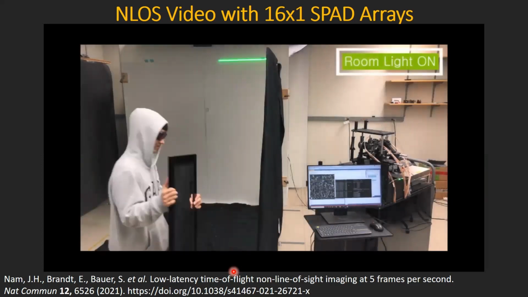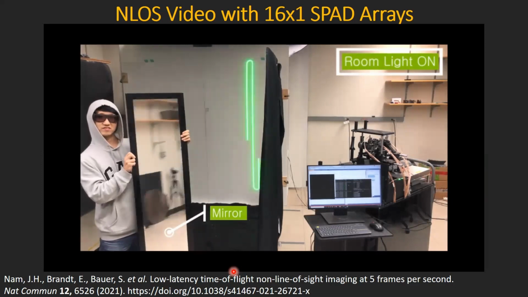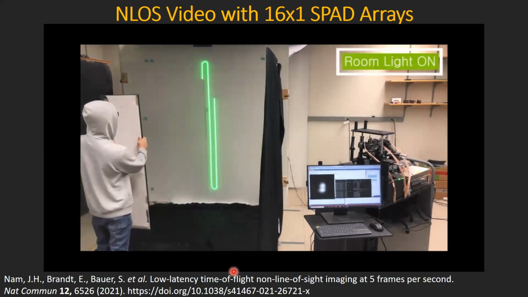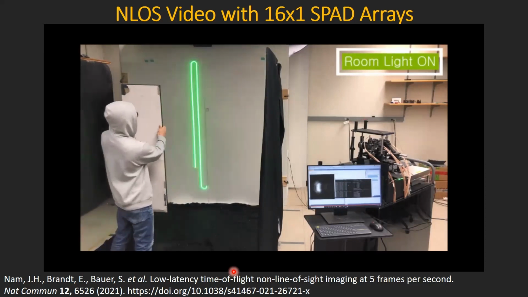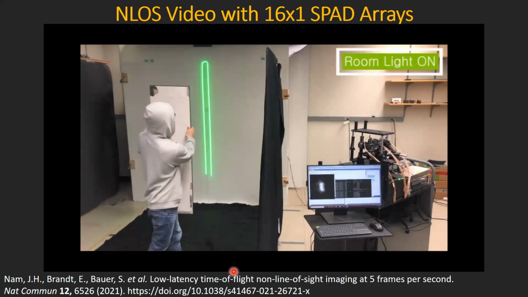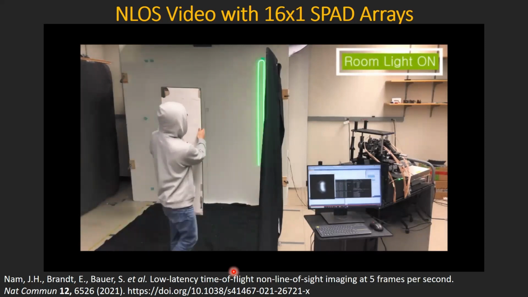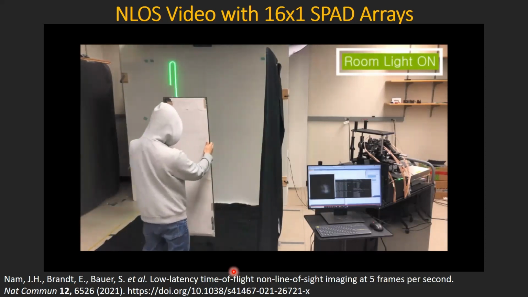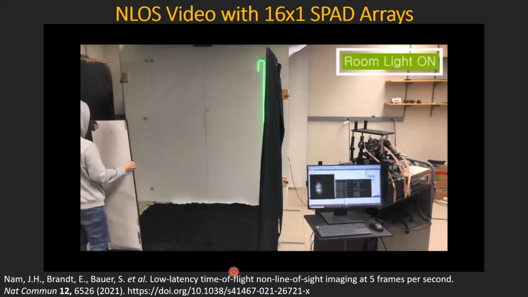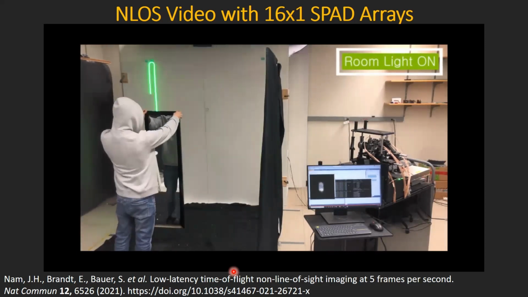And then this is an interesting demonstration. If you work with 3D scanners or LiDAR at all, you know that one of the big issues in 3D scanning is that it's very hard to capture specular surfaces. But you can see the non-line-of-sight system can actually see this mirror surface just fine and reconstruct it in 3D. And it almost looks the same whether you look at the mirror surface or you look at the back of the mirror, which obviously is diffuse.